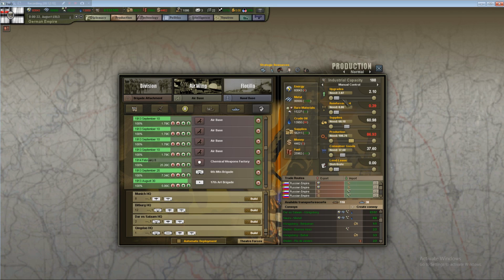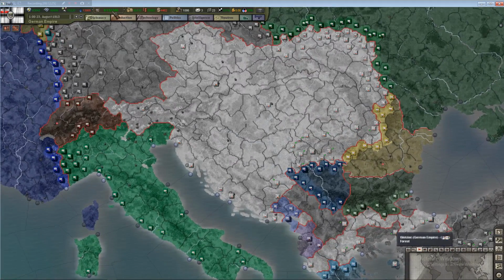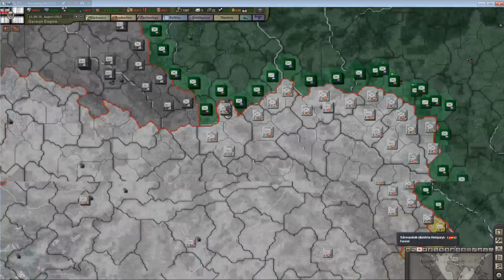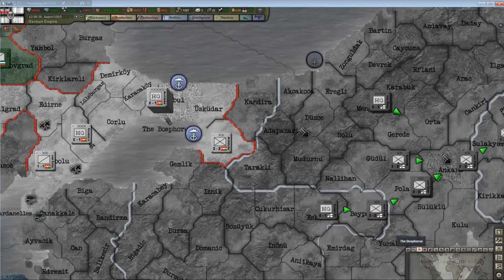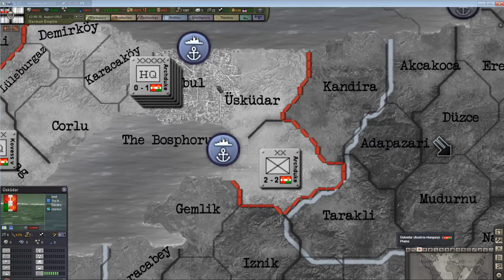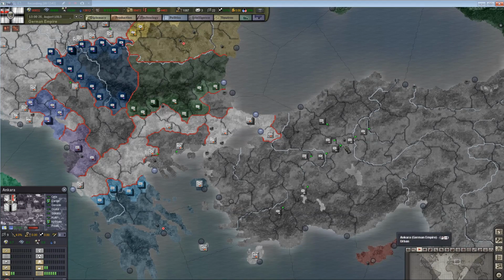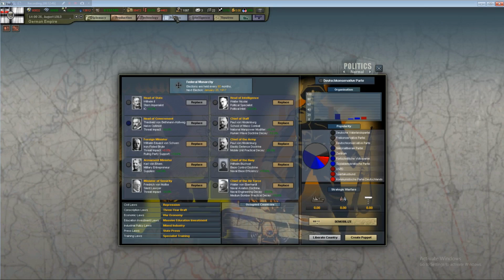I mean, right now we're fine. Yeah, we basically gained absolutely nothing in terms of IC. I'm thinking the Austro-Hungarians actually got the only industrial centers. Yeah, there's a bunch right there. Oh, I got some. Would it be...